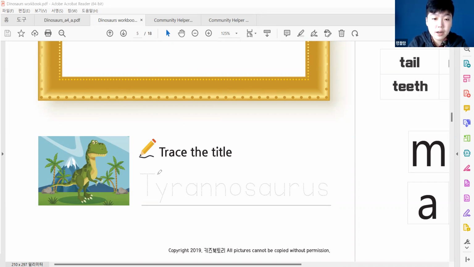So let's go ahead and write it. I'm going to get the other one. So can you say Tyrannosaurus? This is the Tyrannosaurus. So let's go ahead and write Tyrannosaurus together. Here we go. T, Y. Ooh, it's with the mouse, so it's hard. So go ahead and write it better with your pencils. So T, Y,